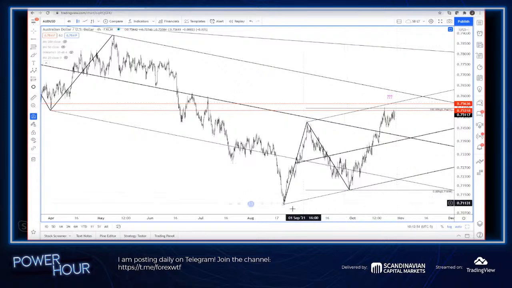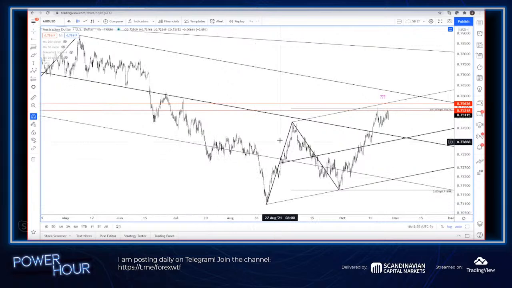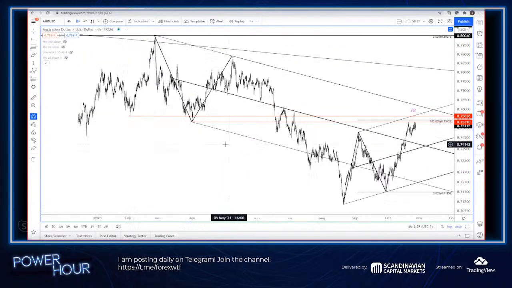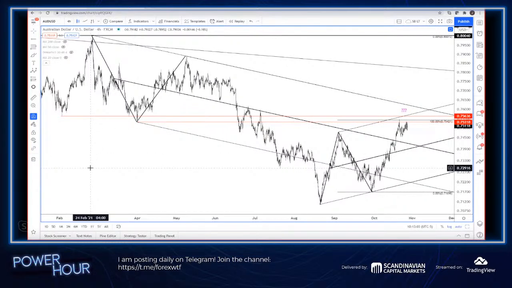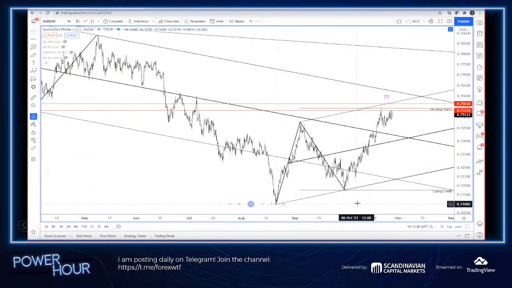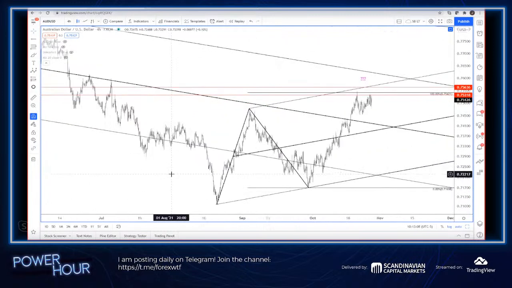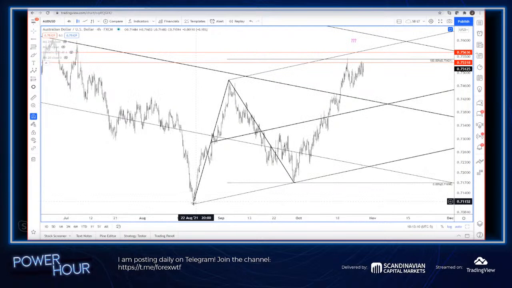You can see again, we've got a channel drawn here from that low in August. And there's a lot up here for resistance. You've got these lows from April. You've got that low from February. The rally from that August low is actually in 2 equal legs, right? Which is a common relationship. So A, B, C, possibly. And that's 75.42. You can see we spiked up into that here on October 20th.